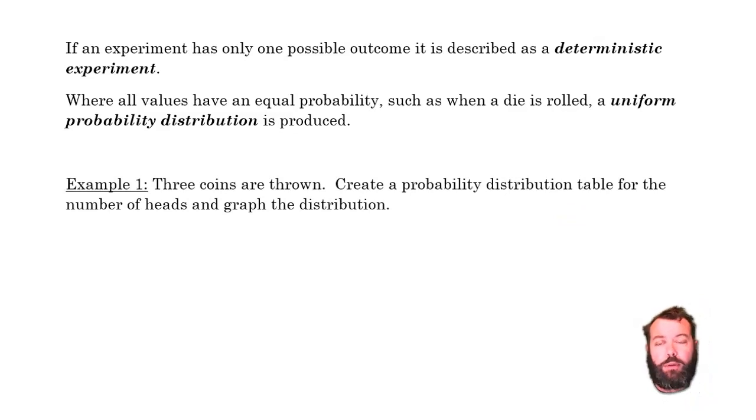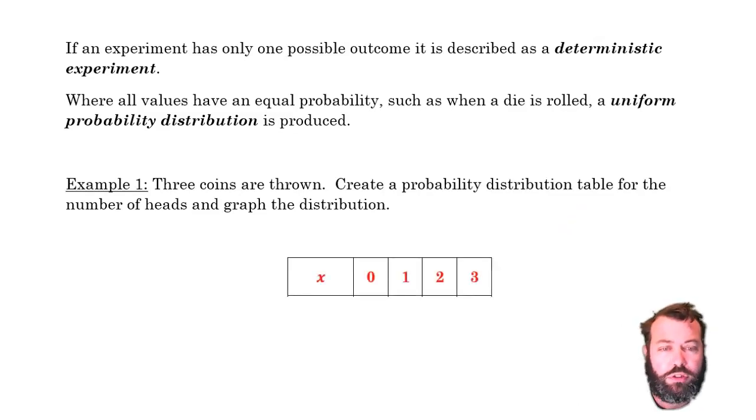Here we go, into our first example. 3 coins are thrown. We need to create a probability distribution table, as we looked at before, for the number of heads, and graph the distribution. So, if I throw 3 coins, I could have 0 heads, 1 head, 2, or 3. So there are 4 possible values there. But it's not a uniform distribution